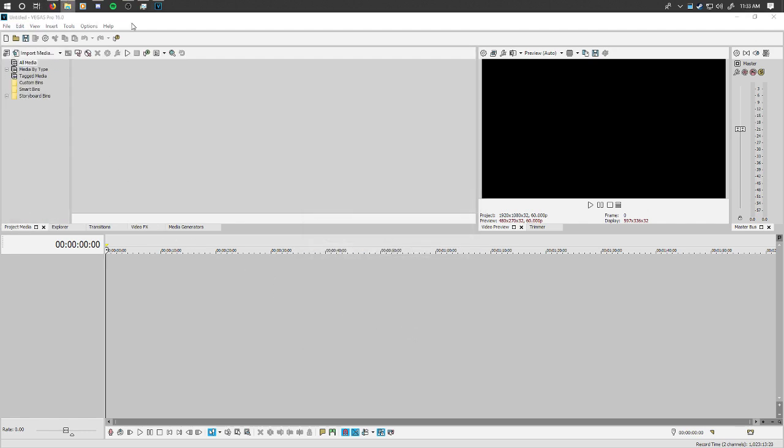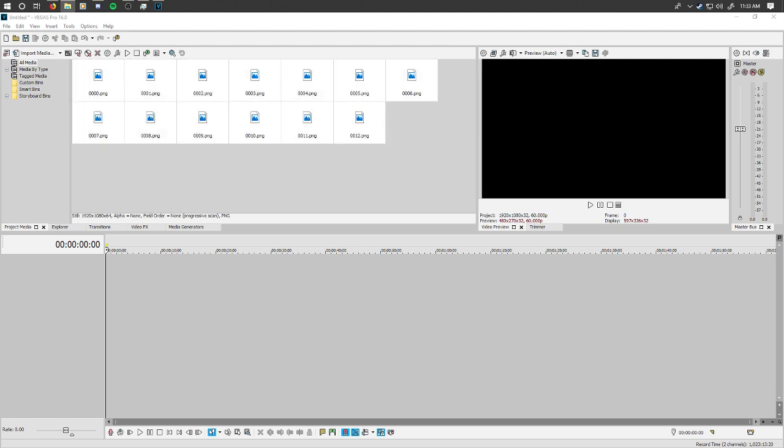Okay, so let's try importing just 13 frames at a time. This could work. Okay, so Vegas is crashing. I'm not going to terminate it just yet because if this works, then potentially we could have something on our hands. There it is! First row is in. It's going to take a while, though.